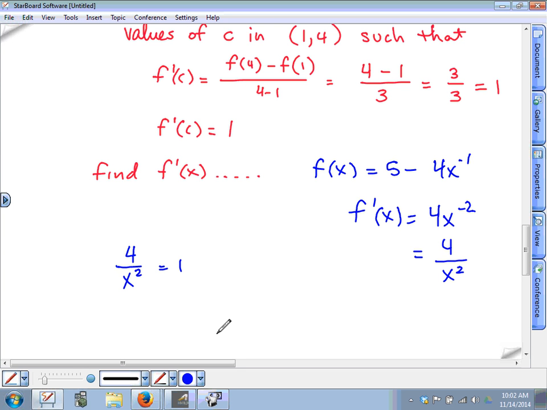Or you multiply both sides by x squared, which gives you 4 equals x squared, and then you square root that. Plus or minus 2. So x is equal to